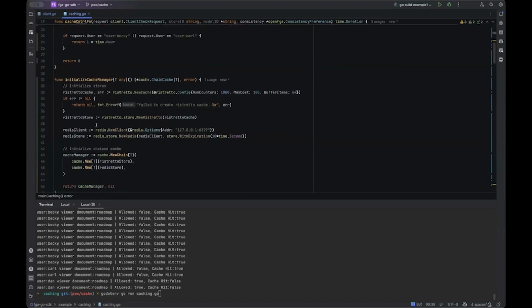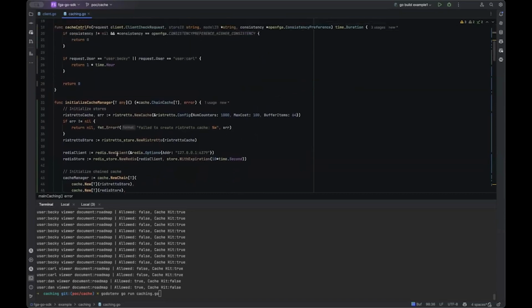So you will be giving us your own cache. You'll be initializing it and giving it to us. Also, on each check request, in the POC we're only dealing with check. We can do the same for list objects and list users, but right now we're focusing on check for this POC. So for check, you will be able to pass a cache control function that will take the request as input, and